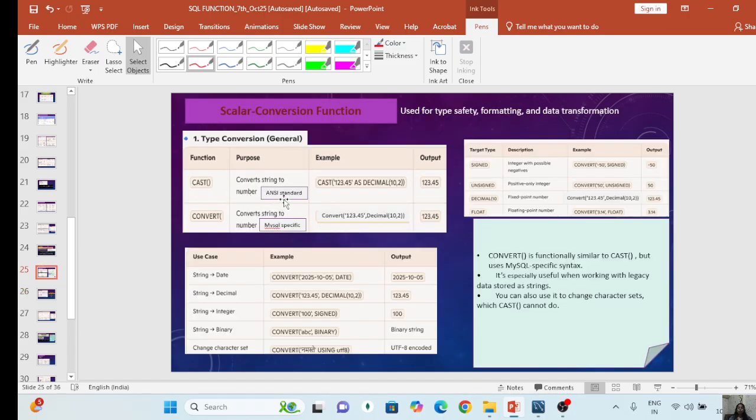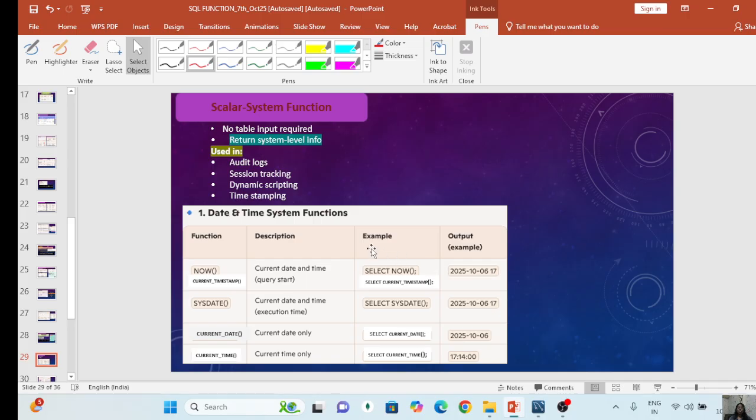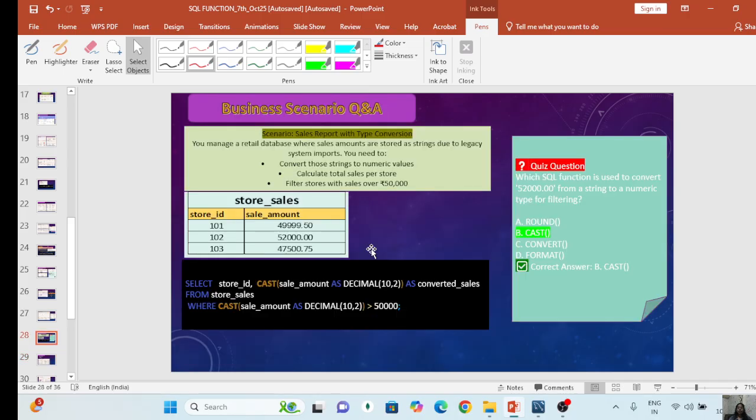Cast is for the ANSI standard and convert is the MySQL one. It is especially useful when working with legacy data stored as strings. So cast or convert, the legacy concept, here strings due to legacy system inputs, will come into your mind. But which one is appropriate? Looking at all the scenarios, you will decide. So here, to convert those strings to numeric values,